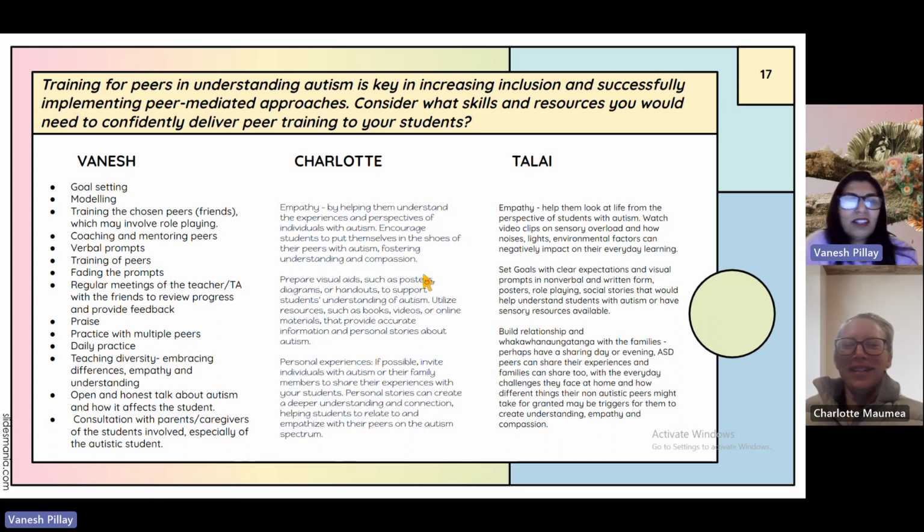I really like all those ideas that you shared. I remember reading about the empathy part in the module as well. I've got goal setting, modeling, because I think it's really important to model training, as you mentioned before, Charlotte, in the previous slide, which may also involve role playing. And it's important for us to coach and mentor the peers using verbal prompts,